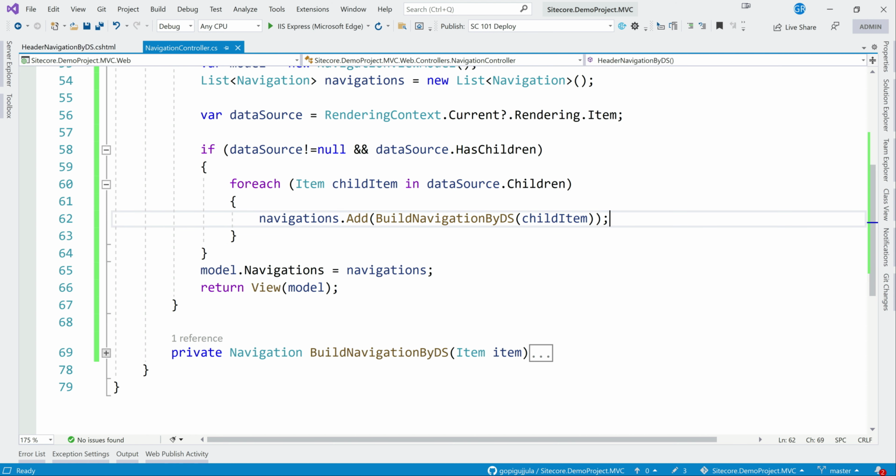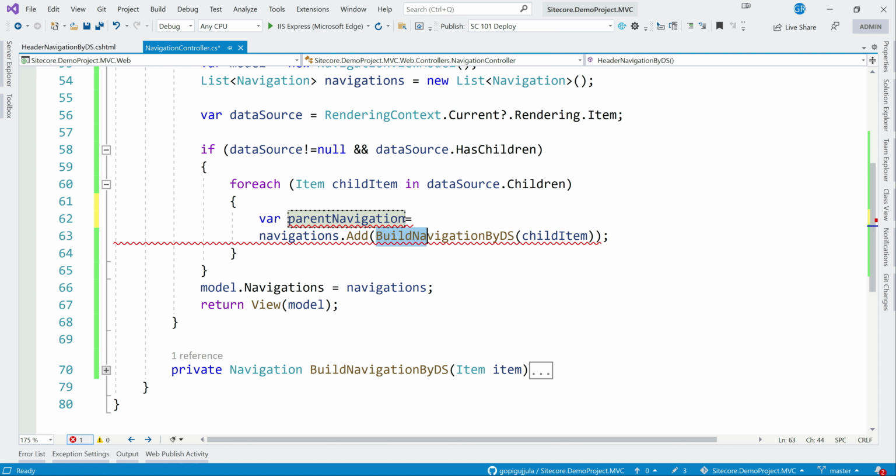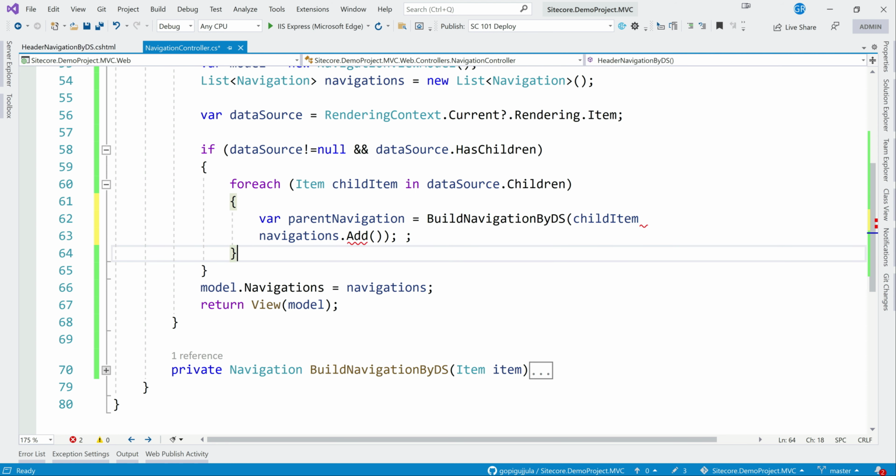Let's just go with the simple approach, and what I'm going to do is var navigation, or let me put it in an easier way to understand, parent navigation, because this is a parent menu, you can say, like first level. I'm going to put this here.